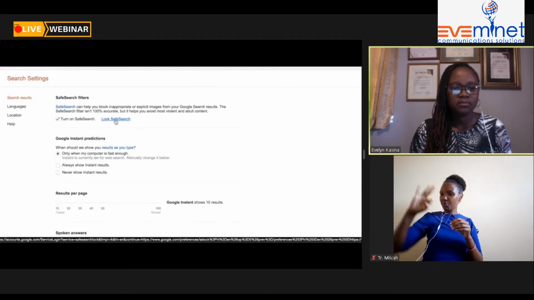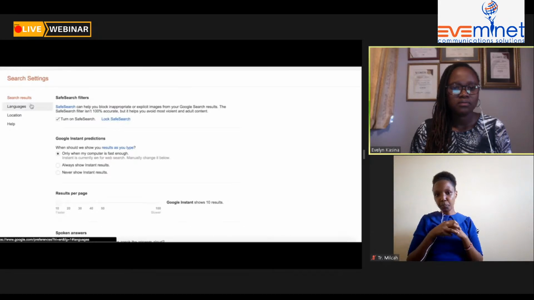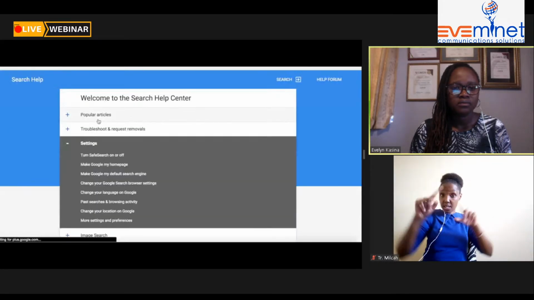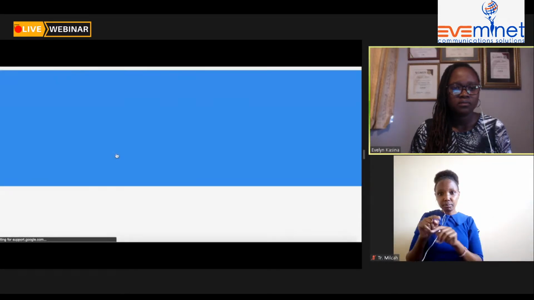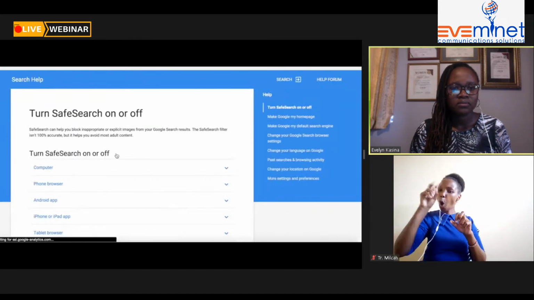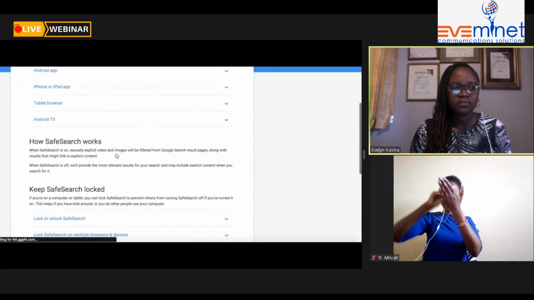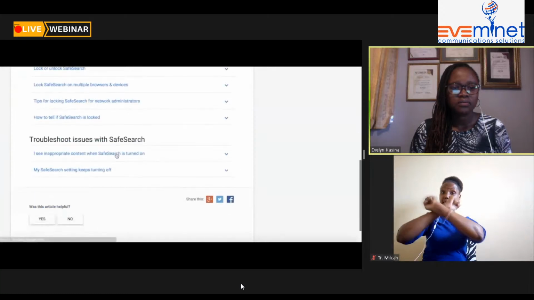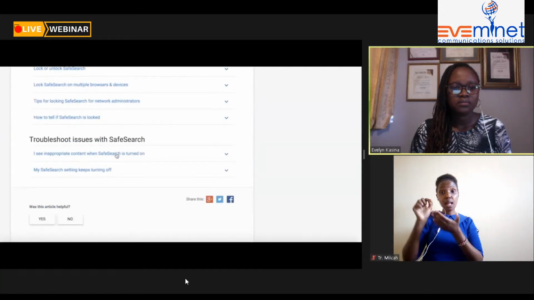TV. For step-by-step instructions for setting these settings and more information about them, find the Help section on the left-hand side. Then, turn Safe Search on or off. On this page, you can learn more about how Safe Search works, how to keep it locked, and how to troubleshoot. In addition to Safe Search, it is important to teach your kids how to determine what websites are good,